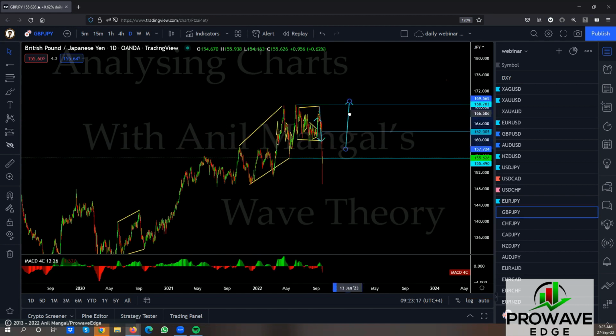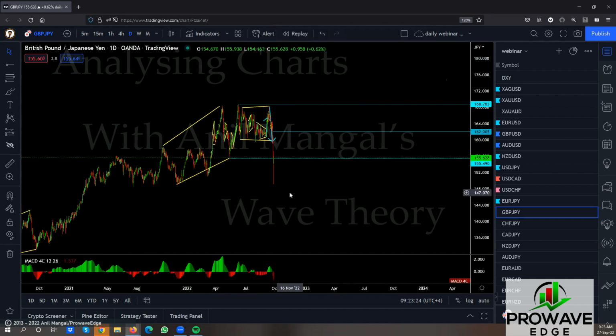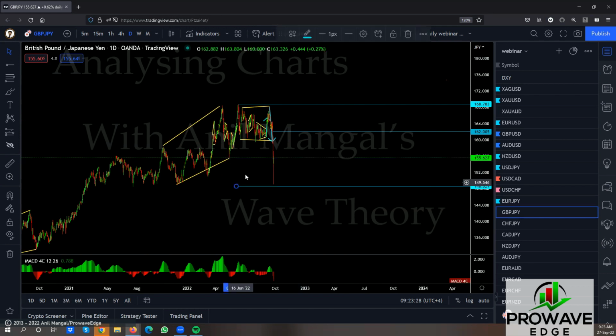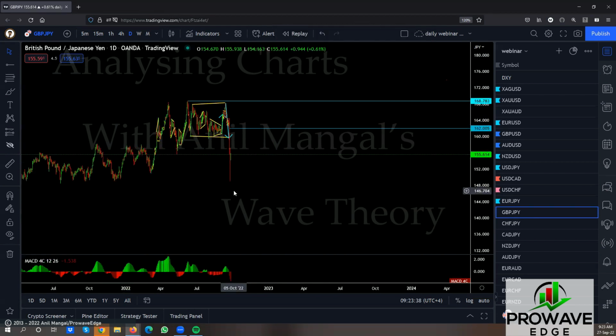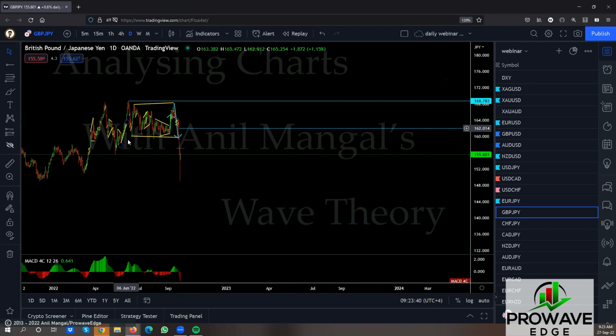Take this out. Can it still go back up for a possible running flat? 1, 2, 3, go back up there. Well, that would be a regular flat, not a running flat. Or is all of this part of the structure? Let's take this out and take this out. If we assume that is not a running flat, let's say this is all part of the correction. Then you're going to have 1, 2, 3 lower than this point all the way back to the bottom here. And now go back up.